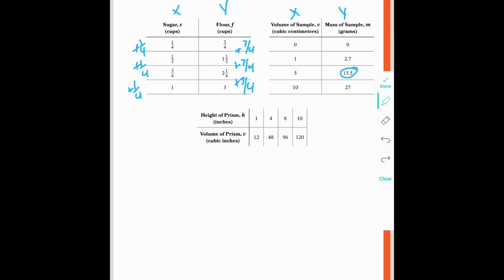So you can put it in your calculator. I'll put it in my calculator real quick. So 5 times 2.7 does equal 13.5, so that would be correct. And then also 10 times 2.7 should equal 27, which it does. So this table also has a proportionate relationship where the unit rate, okay, because I know y'all are used to hearing it like that, but it also is called